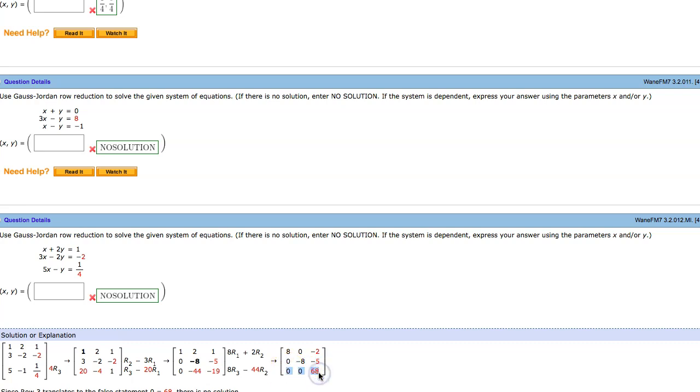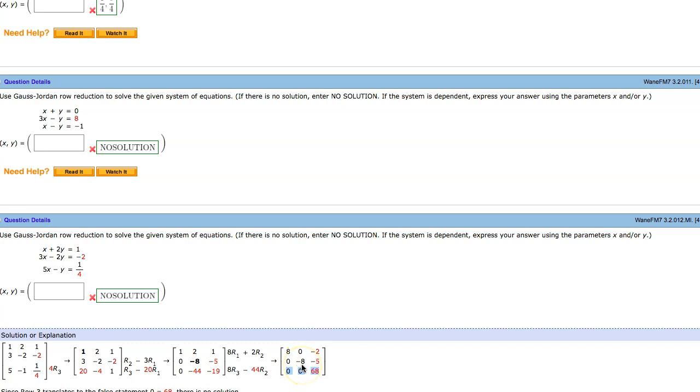Guys, if you ever do this on this very last row, it doesn't matter which row, you want to have a row of all zeros somewhere. Somebody needs to be all zeros. You never want to have that row that has the bad news bear, which is this row right here. You see this row that has 0, 0, 68? That means no solution. If it would have been 0, 0, 0, then I could have went up here and